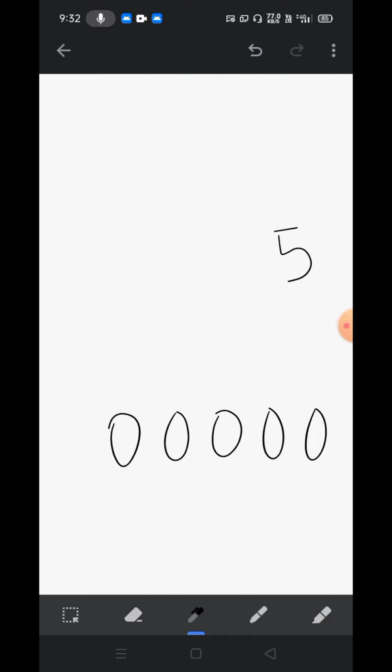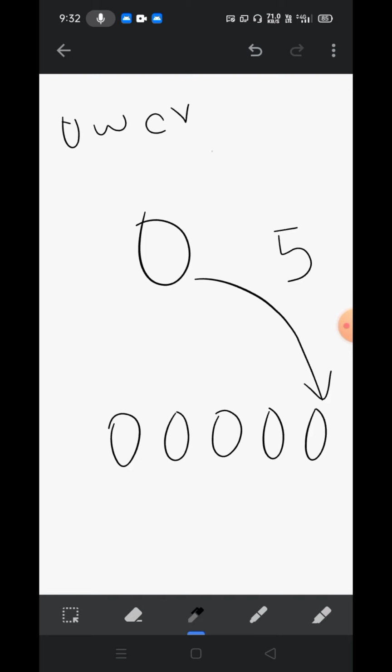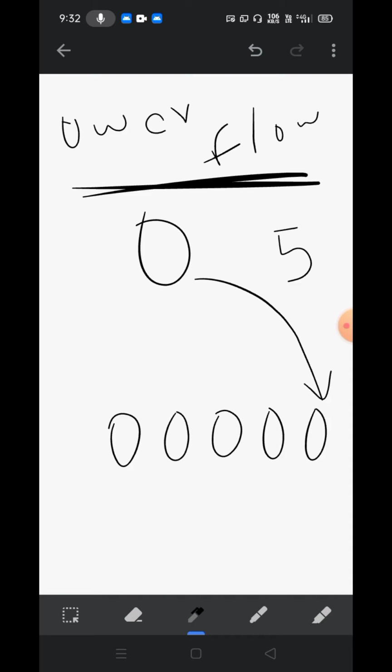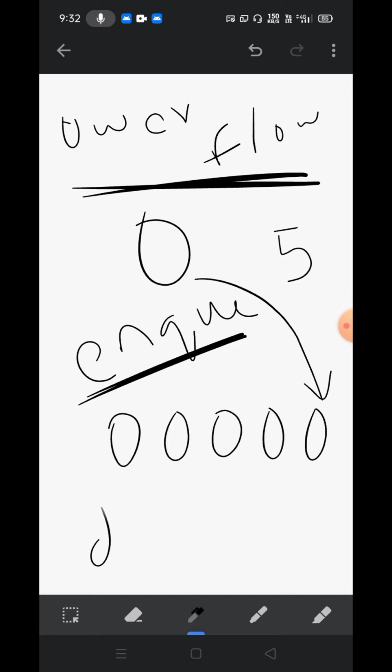So now I cannot insert one more object, but still I am trying to insert one more object here. Then there will be a situation called overflow. And adding an element is called NQ and removing an element is called DQ.